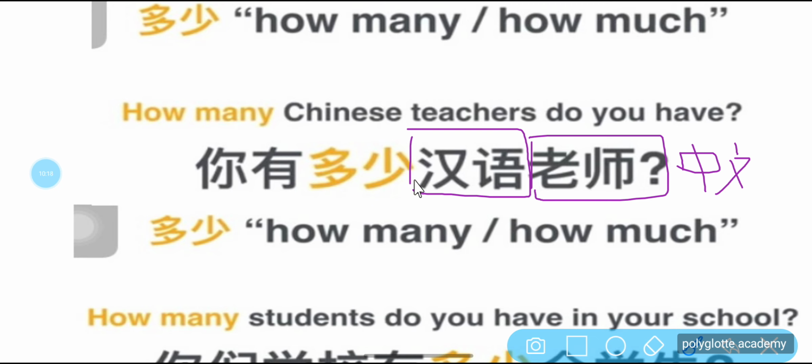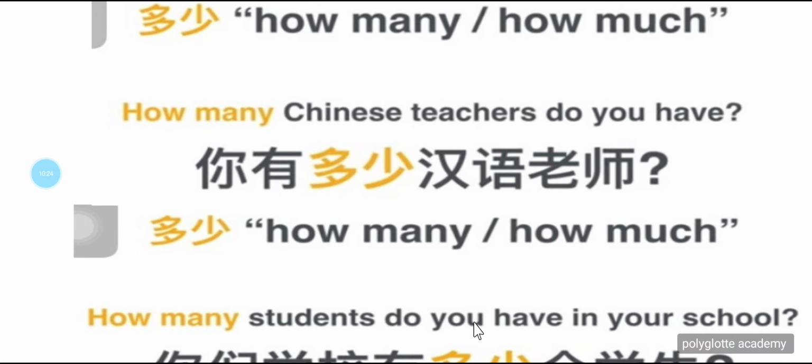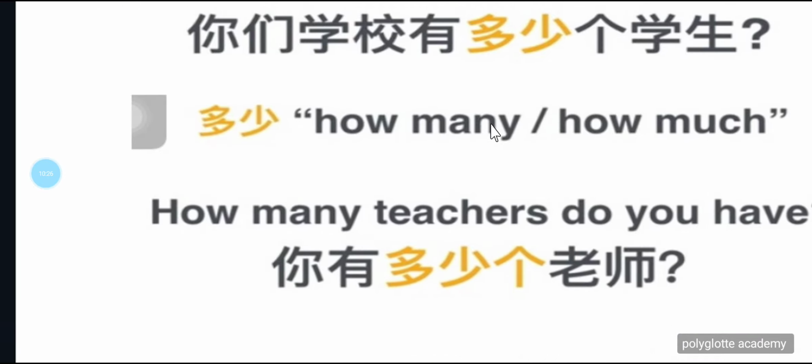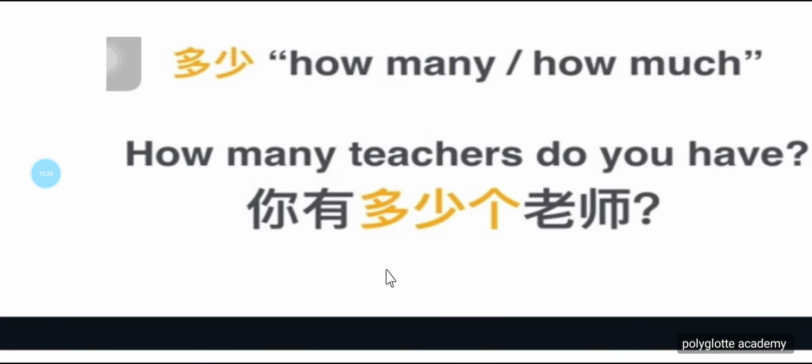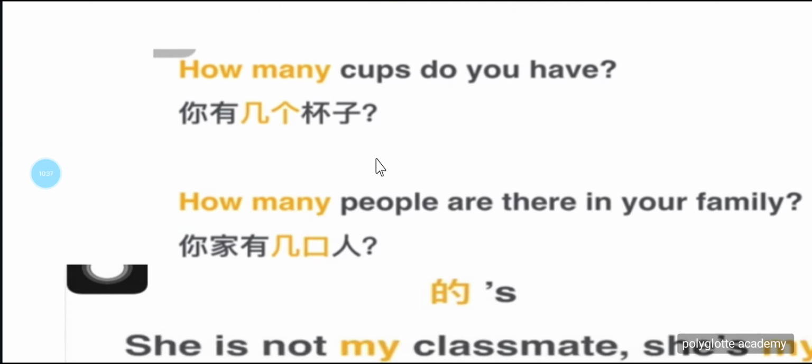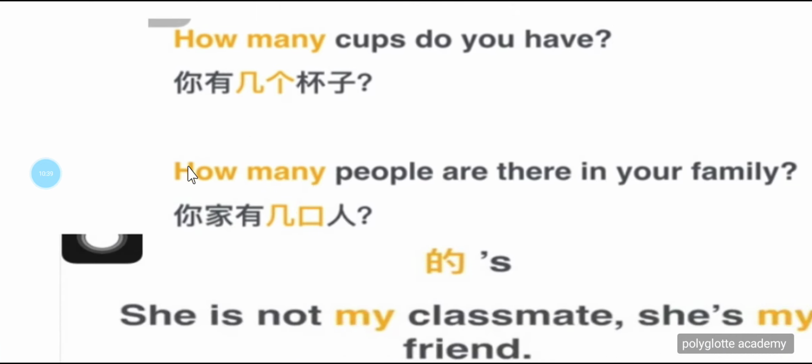So 你们有多少汉语老师？How many Chinese teachers do you have? Now in this case, how many teachers do you have? 你有多少个老师？非常好。